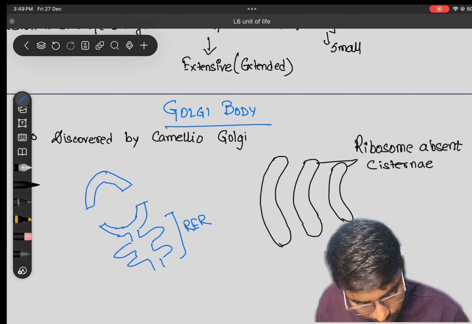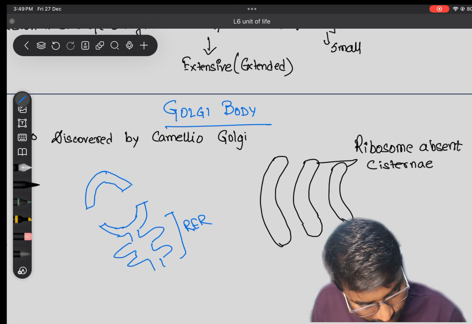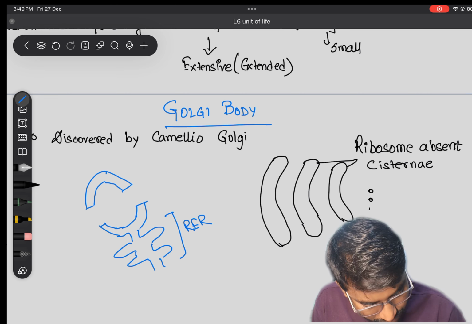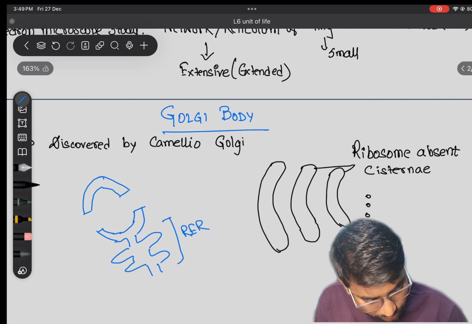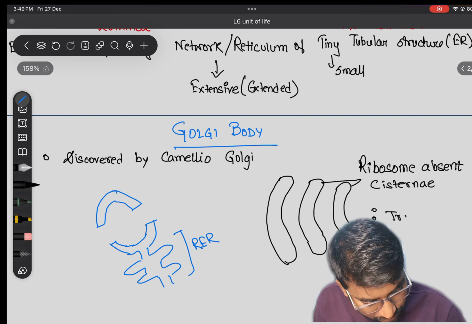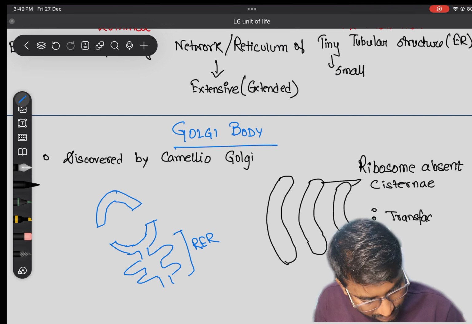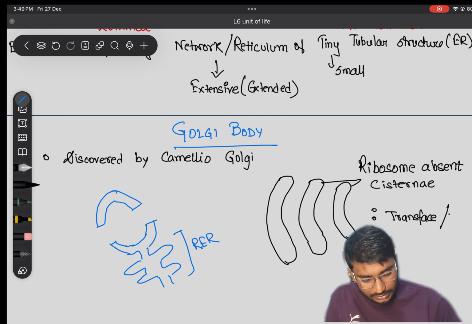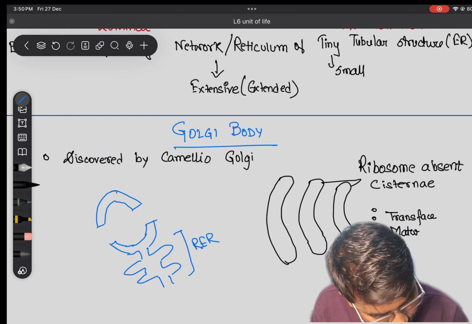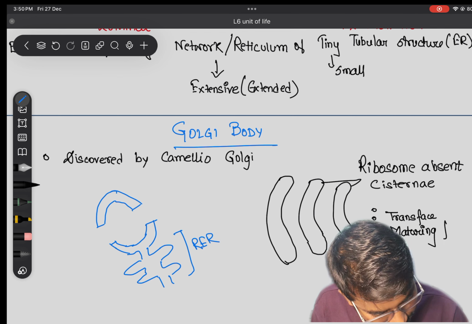Okay, so now the trans phase, oblique maturing phase. And this is the concave phase. Trans phase, maturing phase and the concave phase are all the same. Trans phase, maturing phase, concave